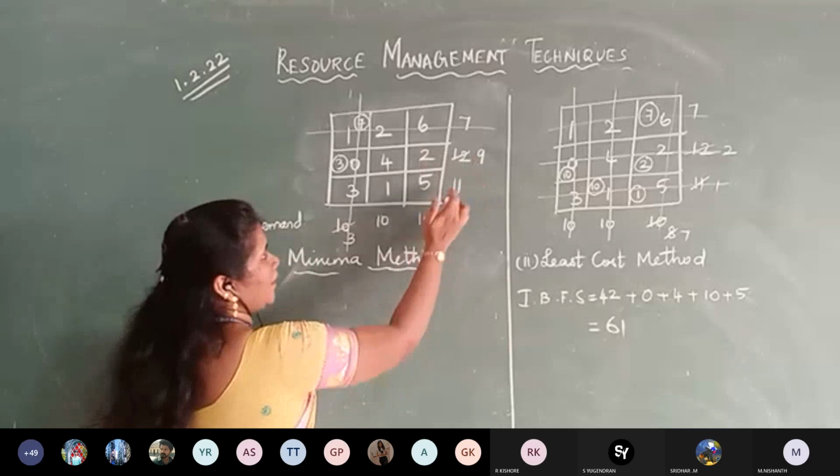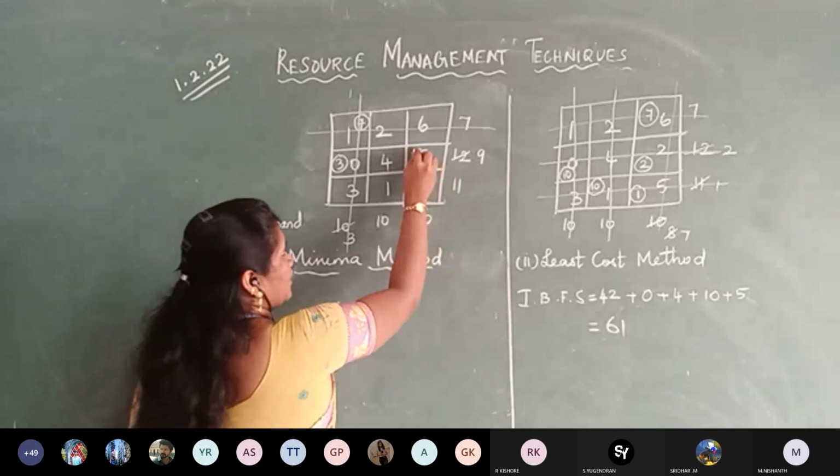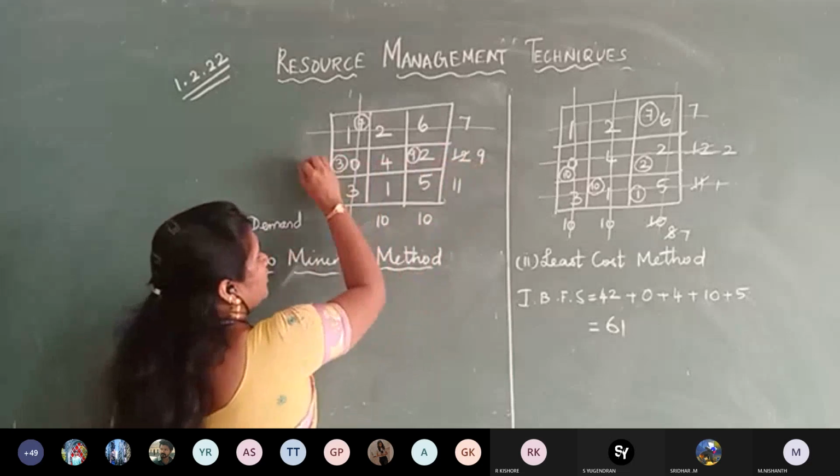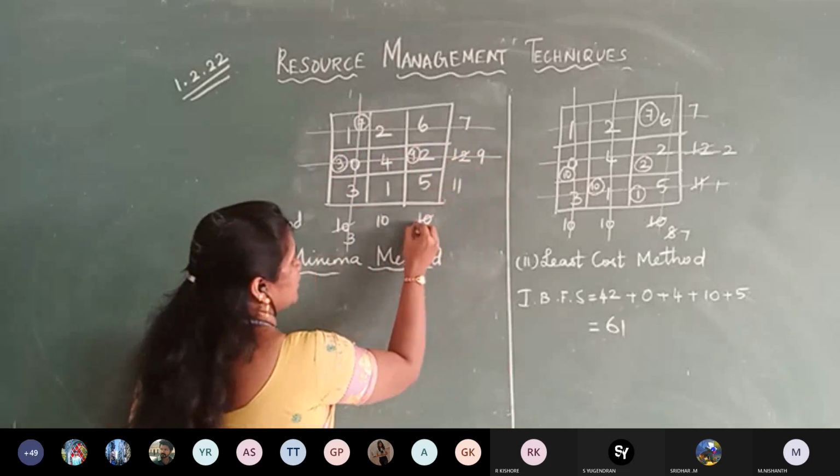If you see your supply and demand, 9 and 10. So you will allocate your minimum allocation from your supply. They have got it from here, so we will cross it here. This will become